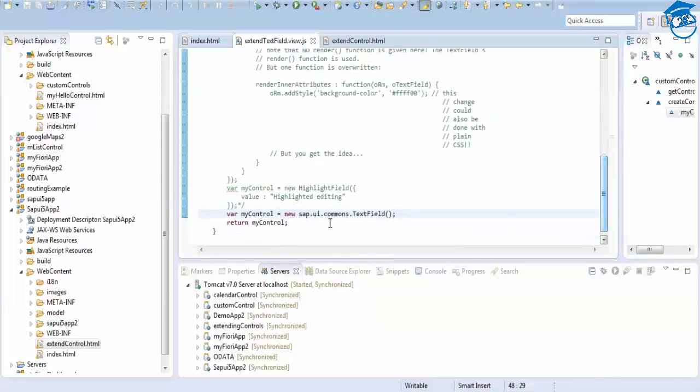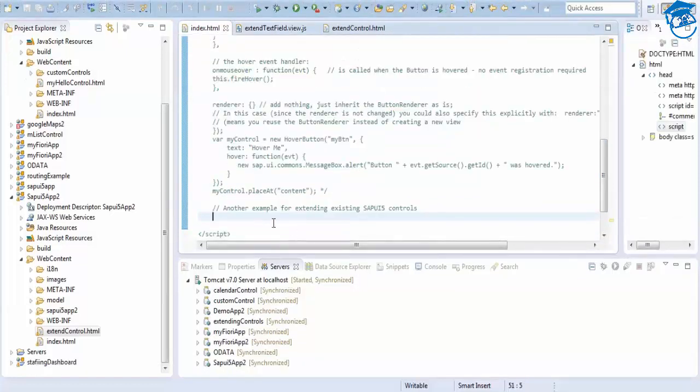Now when you return this control, you have to include in this index.html, you have to call this particular view. How are you going to call from index.html to a new view?